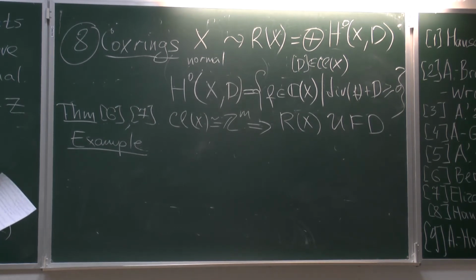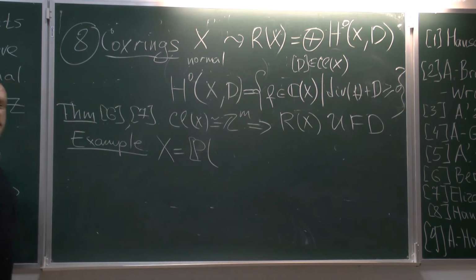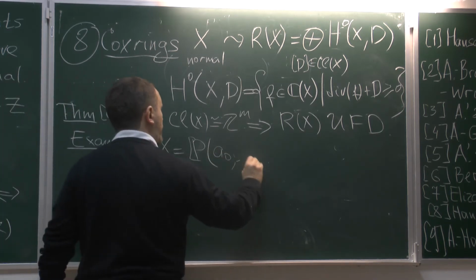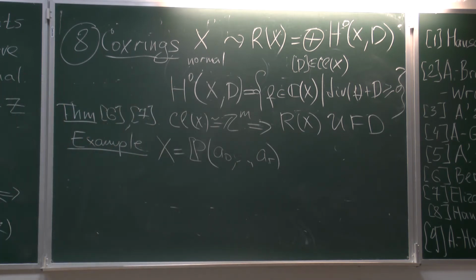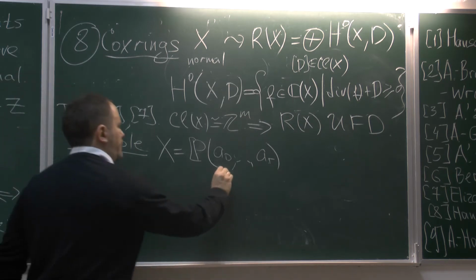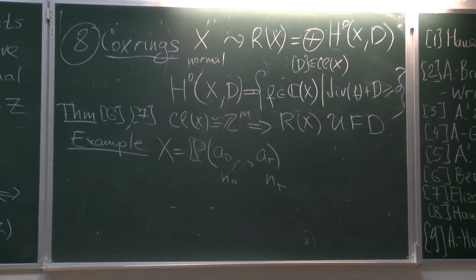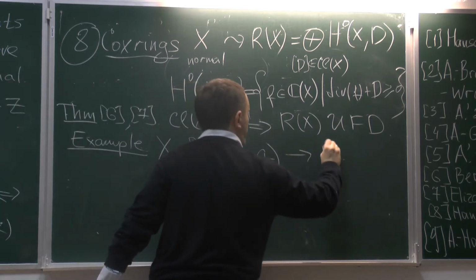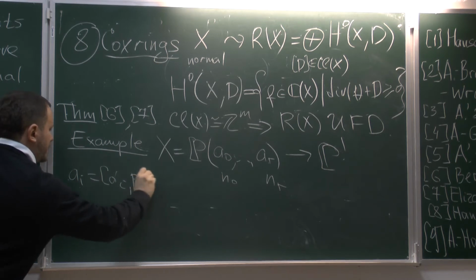And let me consider the following pre-variety. X is a P1 with several double points A0, AR. And even not necessarily double points, but points with some multiplicities. And multiplicities I will denote by M. This is just usual P1, but some points are non-separated somehow. So this is not a variety. The coordinates of these bad points, let me denote it by alpha beta.